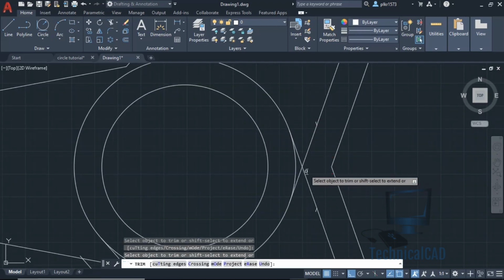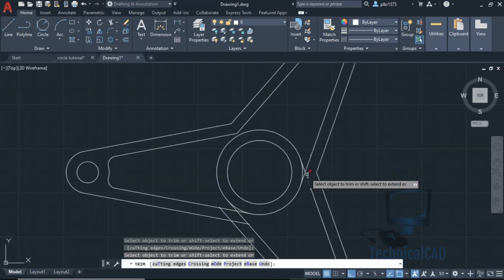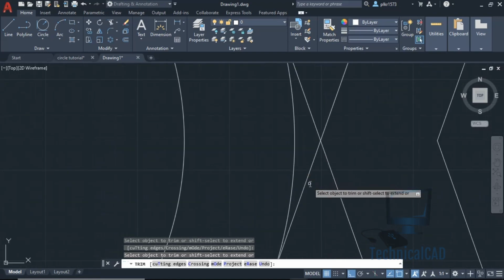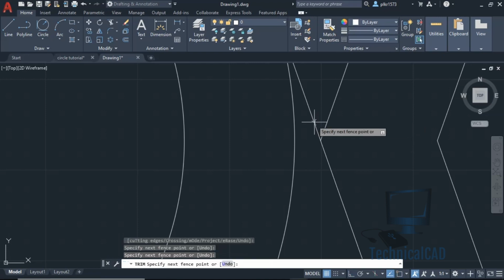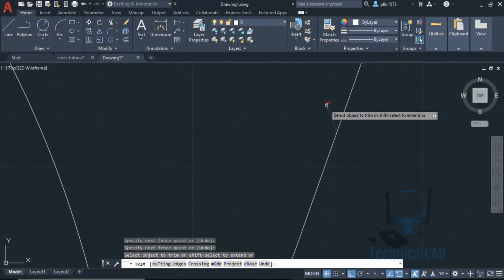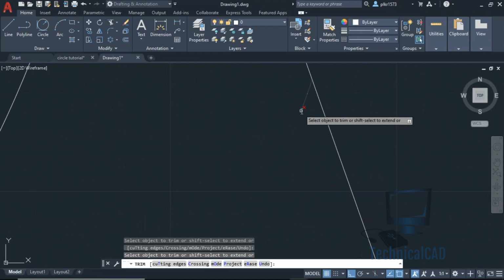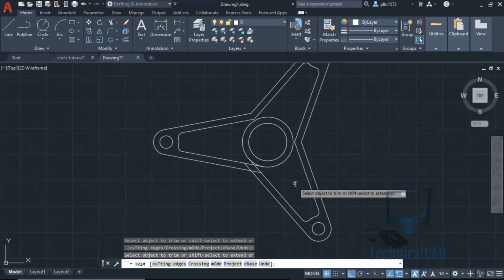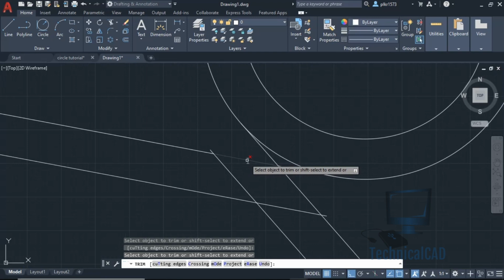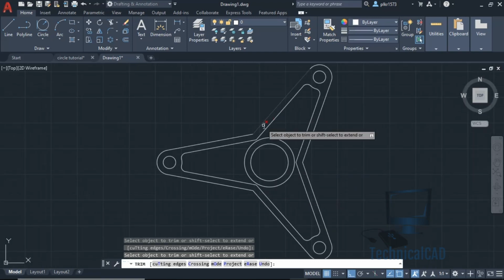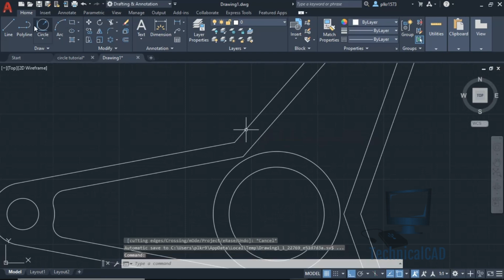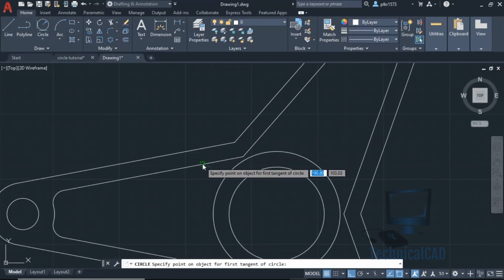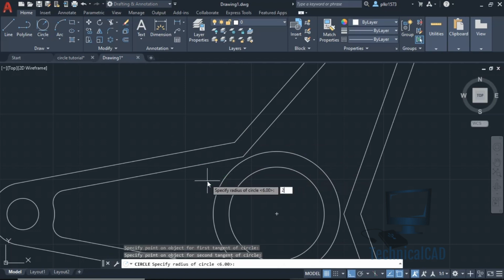I will clear all these things first. Okay. Now go for tan tan radius circle, this one, and 2.4.